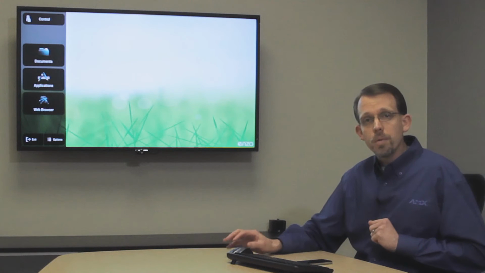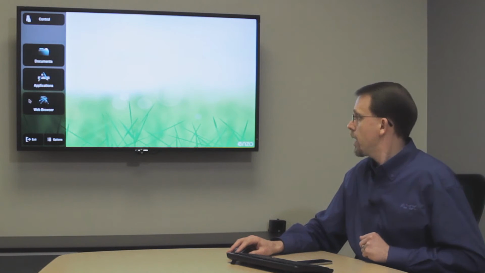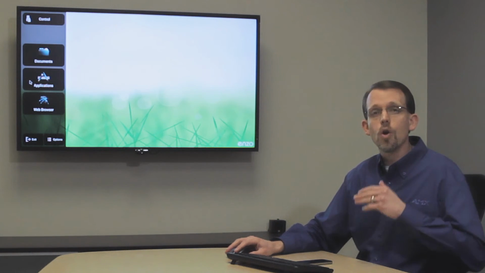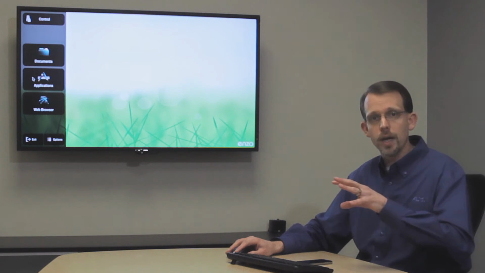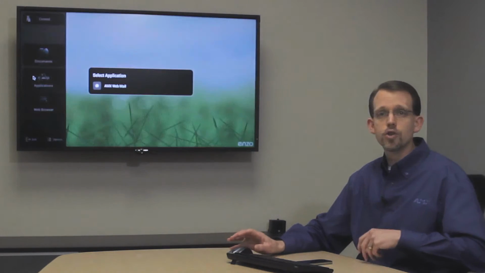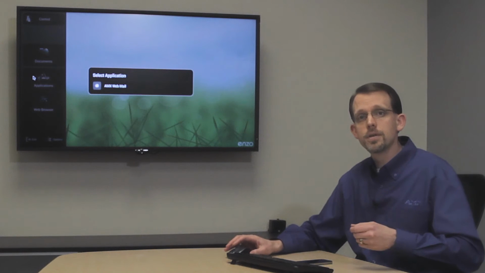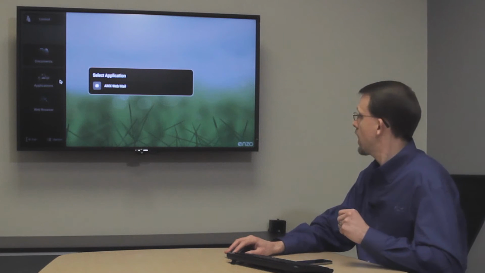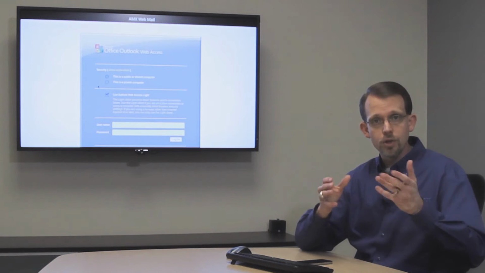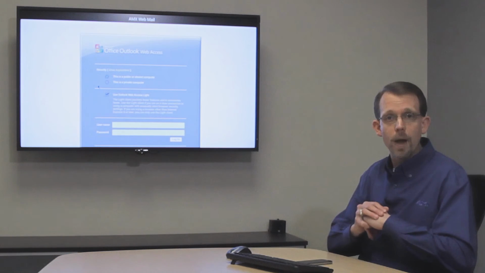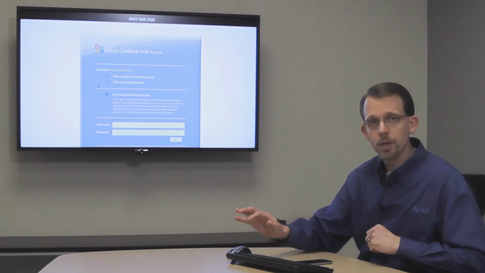The third thing that we built in is access to web applications. A lot of enterprises are using more and more web applications. Centralized software with a web user interface. This could be webmail, a CRM system, a bug tracking system, and things like that. This is a user-definable list of web applications, and when you select one, we bring up a full-screen web view where you can interact with that web application.